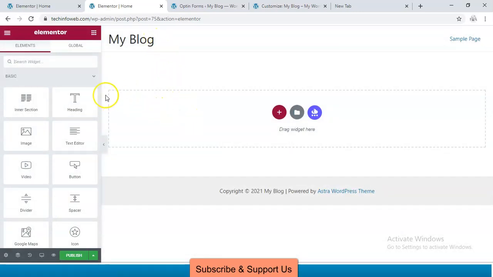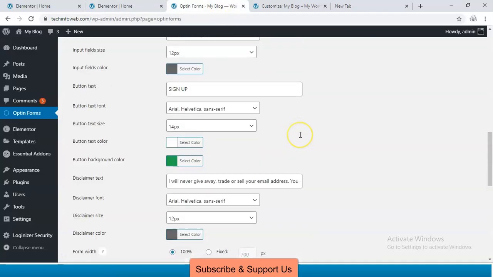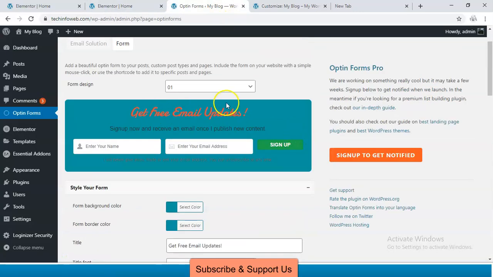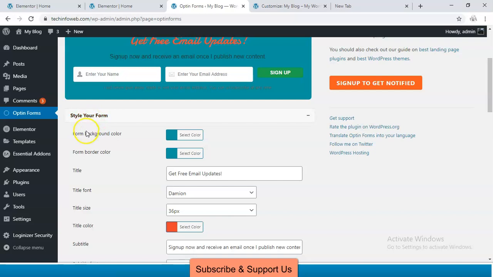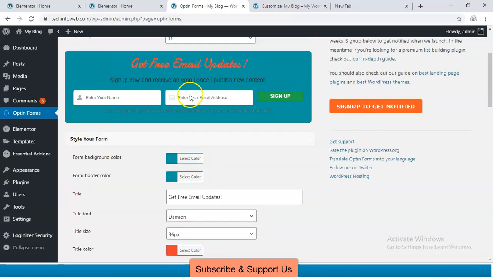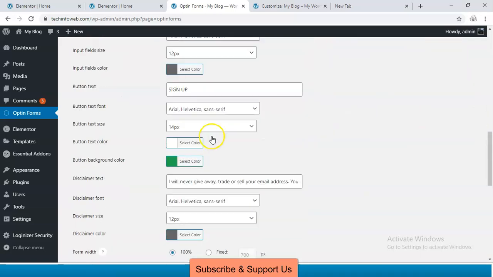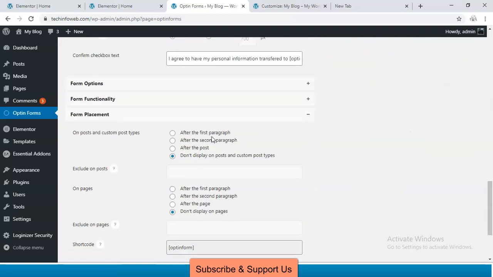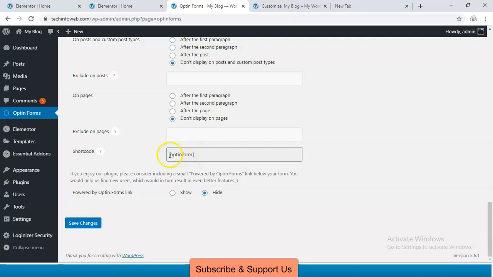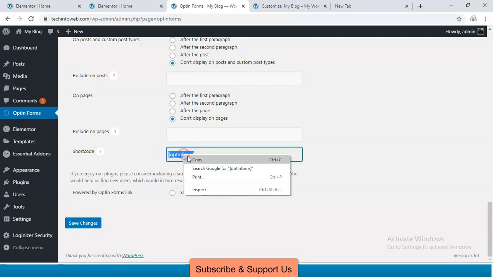Now I am going to add a horizontal opt-in form which is medium size. I have already created the form using the opt-in forms. I have made some changes in the color of this form. This is the shortcode. Copy it.